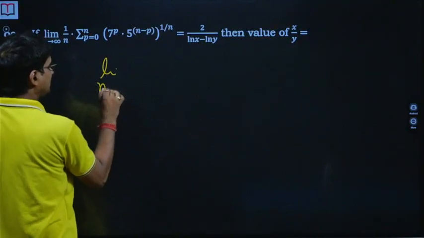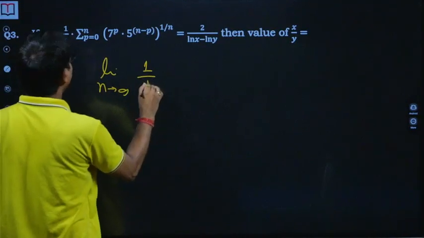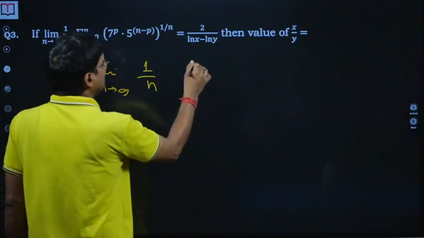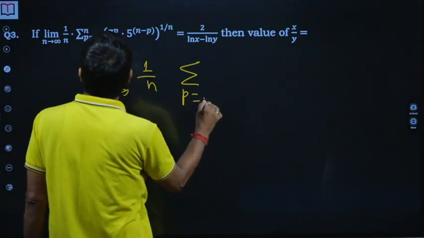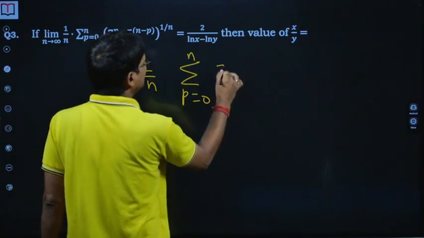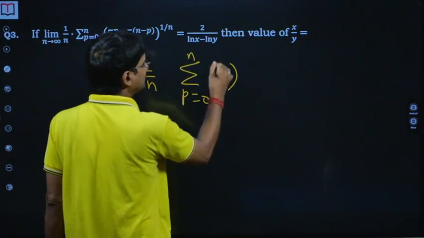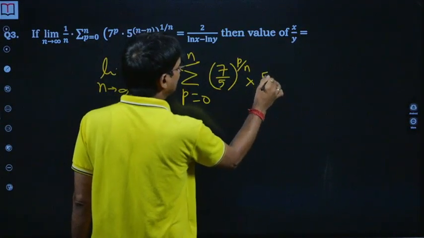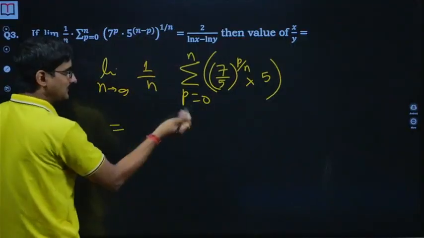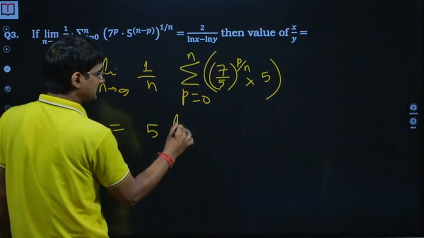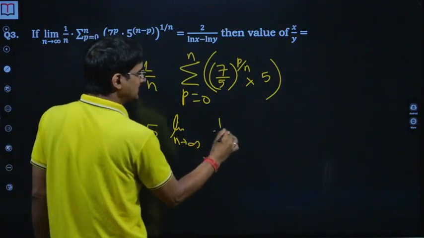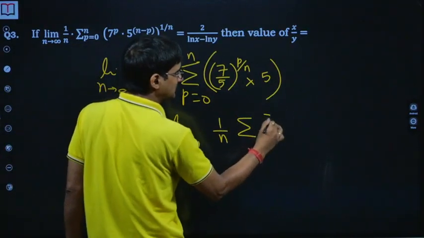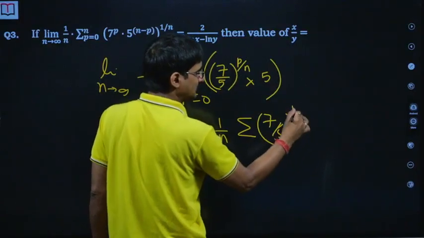Limit n tends to infinity, 1 by n, summation p goes from 0 to n. I will write it as 7 by 5 raised to the power p by n, into 5, isn't that? So 5 is a constant, so 5 times limit n tends to infinity. And now see, this is a very simple type of